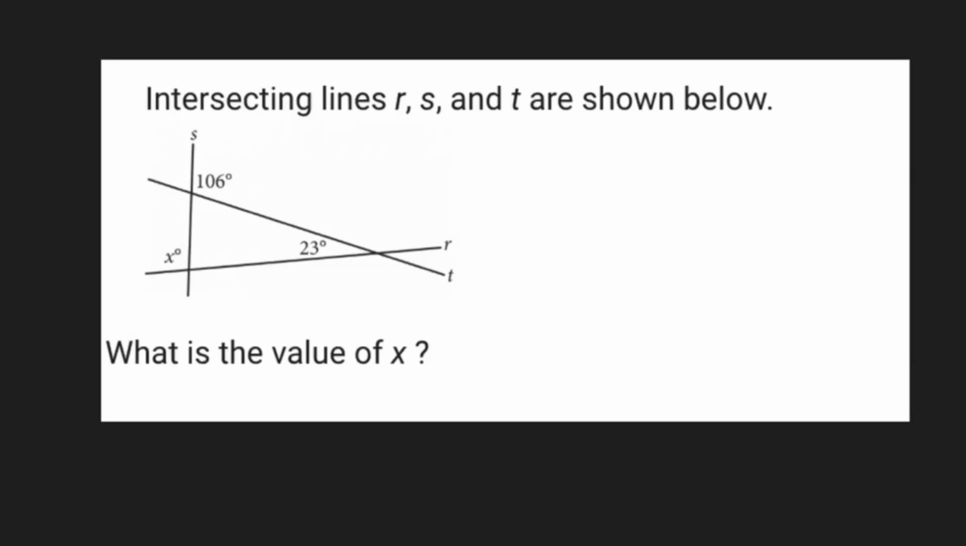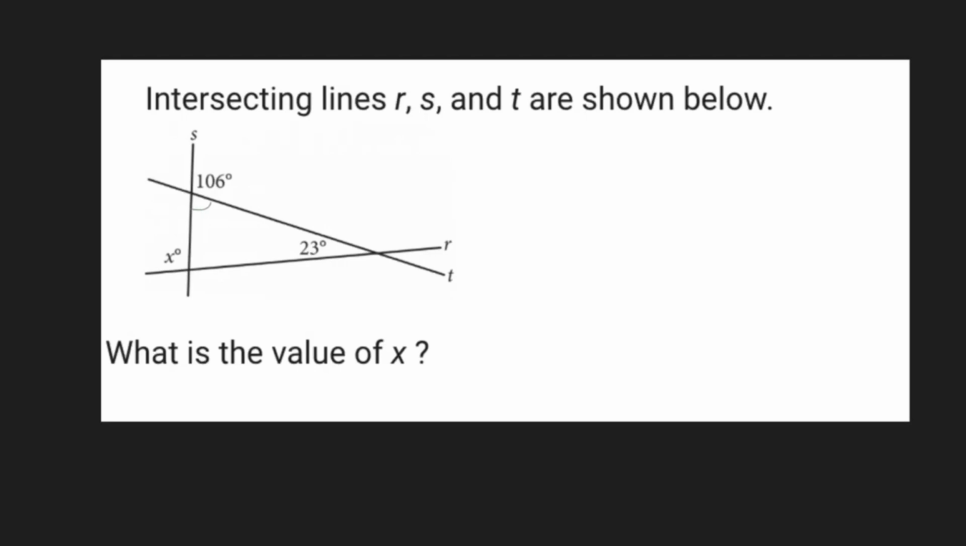Intersecting lines R, S, and T are shown below. What is the value of X? Well, they give us two angle measures. We have this 106 degrees out here and 23 degrees out here. So the first thing you want to take note of is supplementary angles. Because this 106 degree angle is on this line S, this missing angle here, which actually represents this triangle,